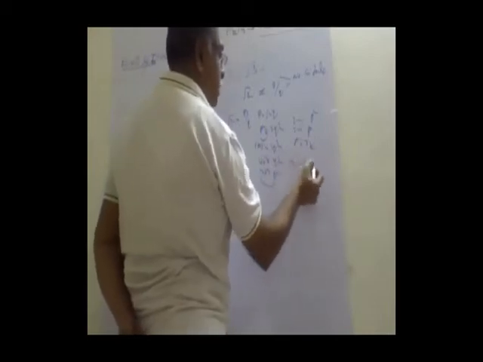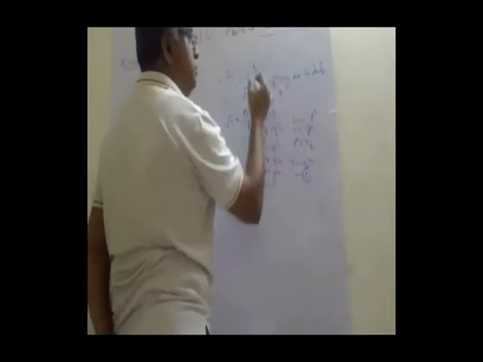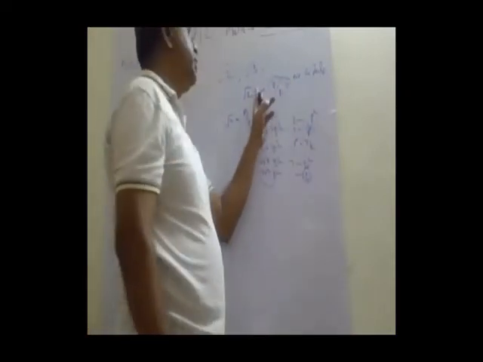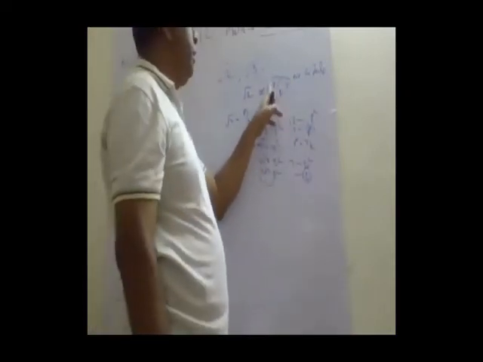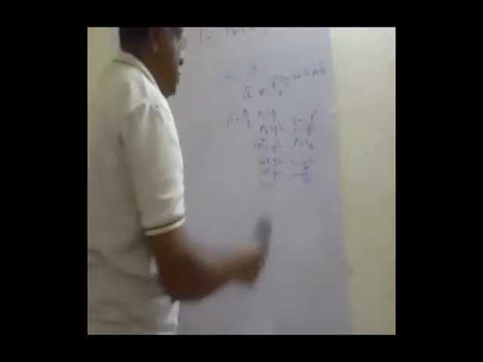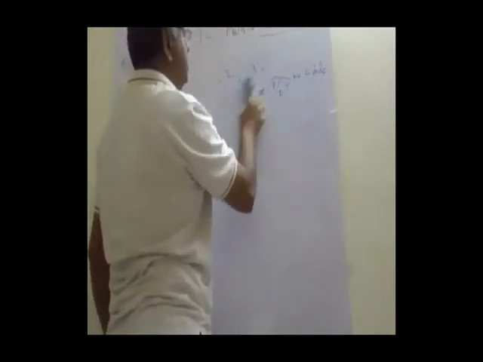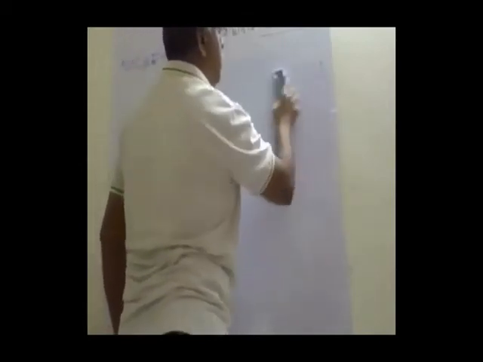Because it's a factor of q square, it's also a factor of q. But it cannot be there. This is not our assumption. So that means this cannot be represented in the form of p by q. That is why this is not a fraction. That's why we call these real numbers or irrational numbers.